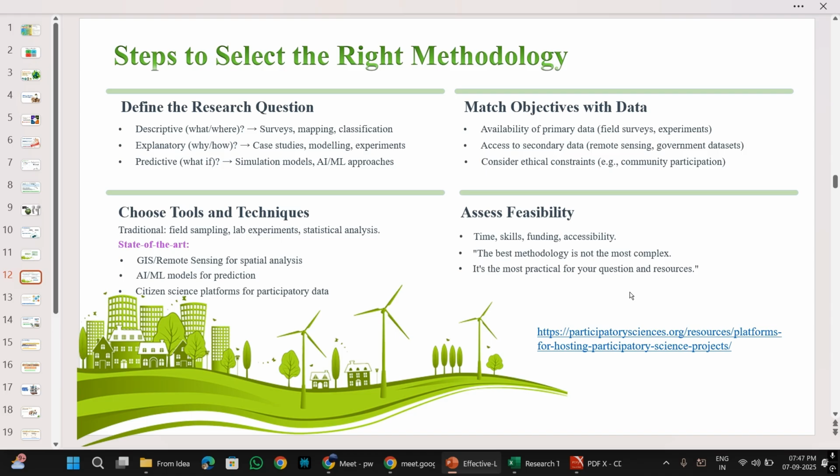Maybe from courses, maybe by using the manuals for those techniques and methods, or maybe for using a software you don't really know how to learn it, or maybe that there is no course available for it, so maybe using a manual that is available along with that particular software, or things like that. Besides that, if you know that the data is available, but then to access it, you need some funding. For example, some satellite data, some high resolution satellite image, whether you have funding to bring it to yourself or not,